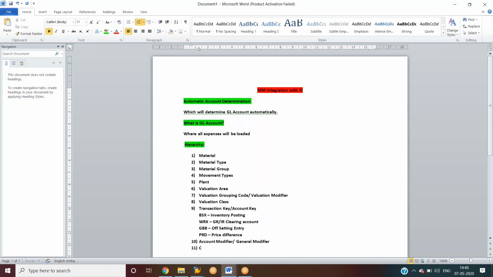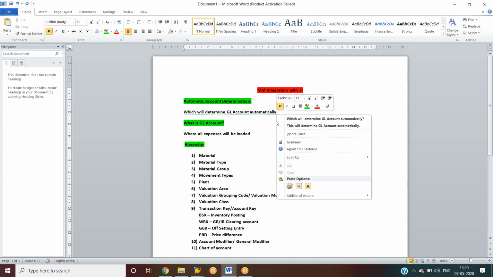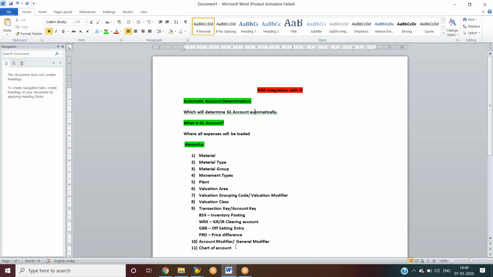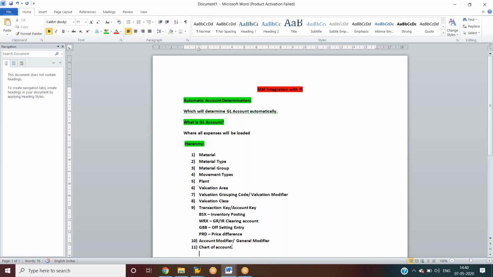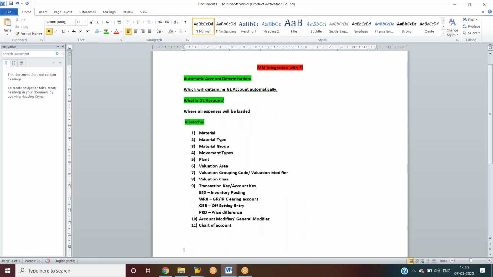The next one is the chart of accounts. So this is the hierarchy. By this hierarchy, the GL account will be picked automatically. I will explain how now. These are all the hierarchy levels we need to satisfy.